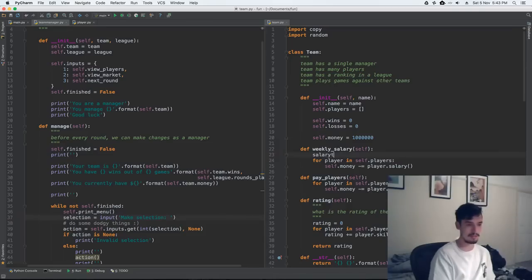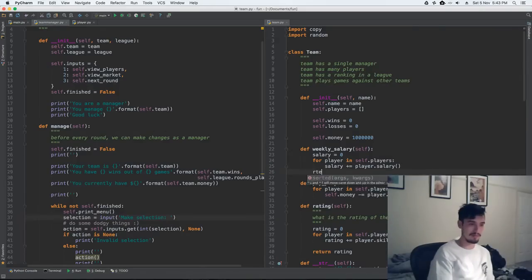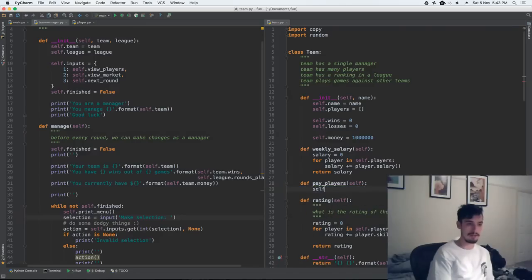So let's make a function that finds out how much this team is paying in weekly salary instead of just taking away from our money. Salary plus equals, return. And now, for pay players, we just have to do self.money minus equals self.weekly salary. So all we're doing here is we're pushing the counting logic of how much salary do we have to pay away from the actual payment logic. So that way we can use this function over here